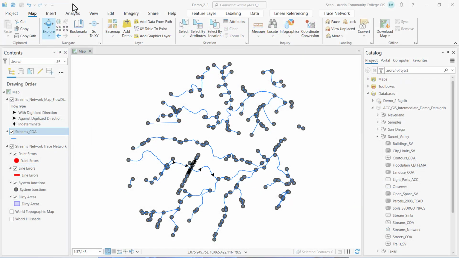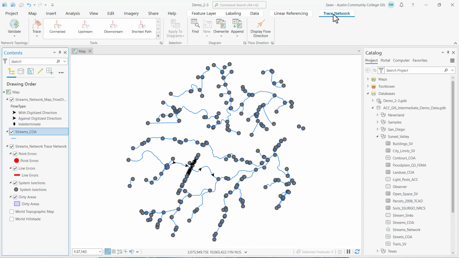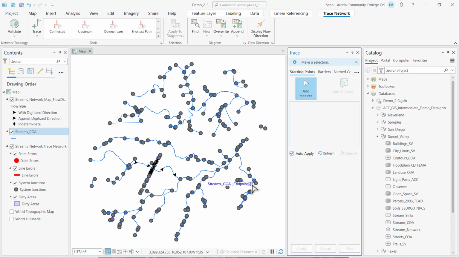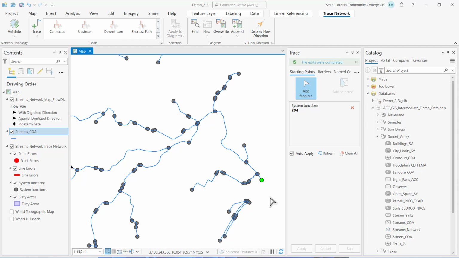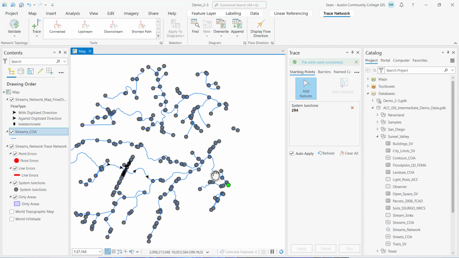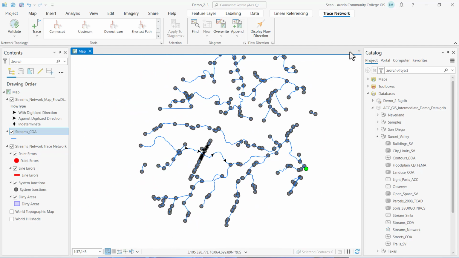Back in ArcGIS Pro, let's rerun our upstream trace to make sure we resolved our errors. So I'm going to activate the trace network. Click on the trace elements dropdown and select starting points and add a starting point at our sink or the pour point for our network. Go ahead and close the trace elements tool,